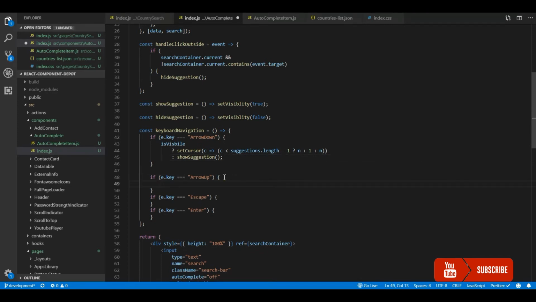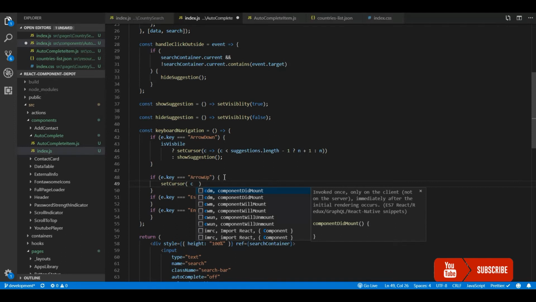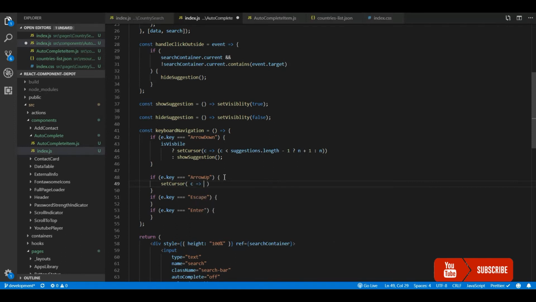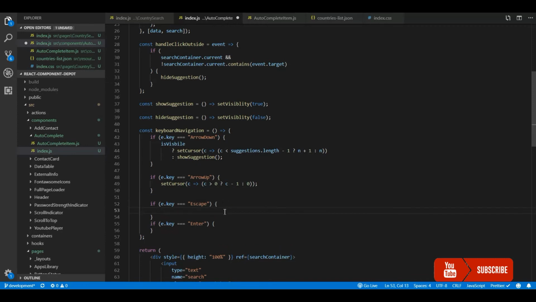For the same thing, we'll do the arrow up operation. Here also we have certain conditions, because when the user is on the first item, it should stop there. That is the functionality I am going to write. So if it is 0, then I'll stop it. Otherwise, I'll set 0. 0 is the utmost item that the user can navigate to with the up arrow.